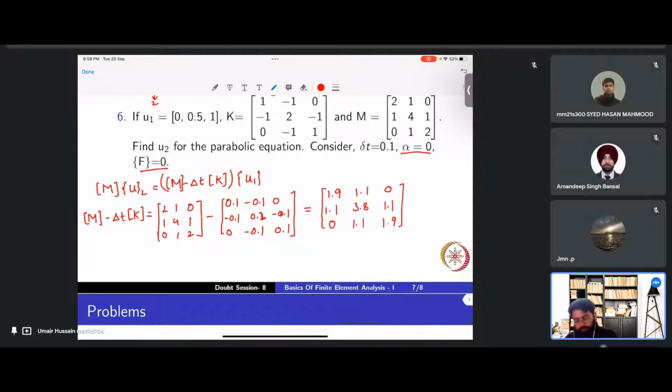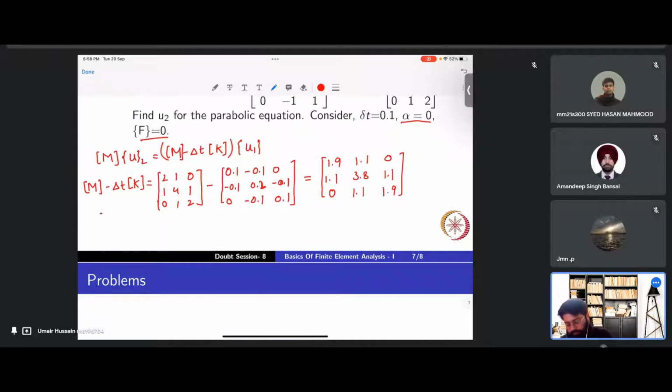So this is M minus delta t times K. And now we have to perform matrix and vector multiplication. So we perform minus delta t times K, this multiplied by u. So we have